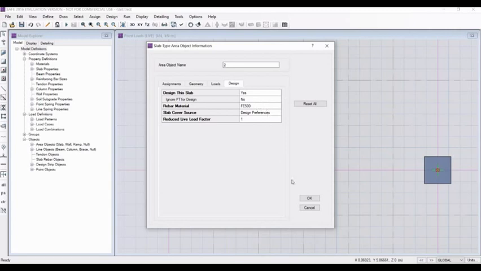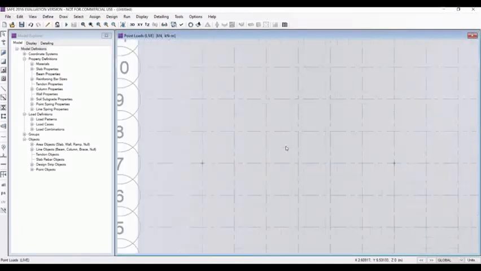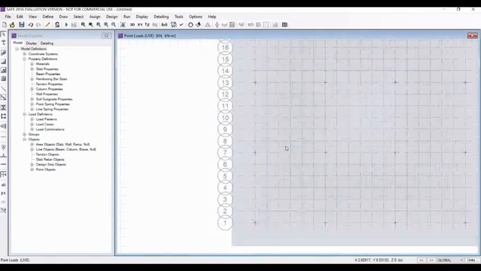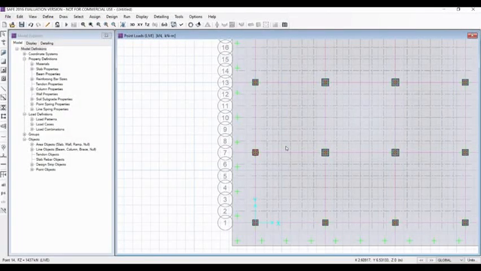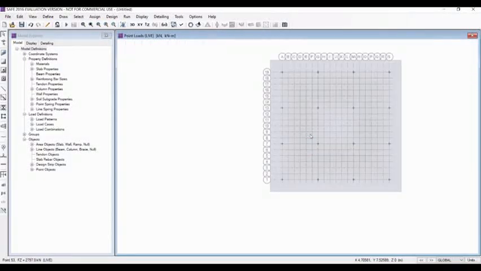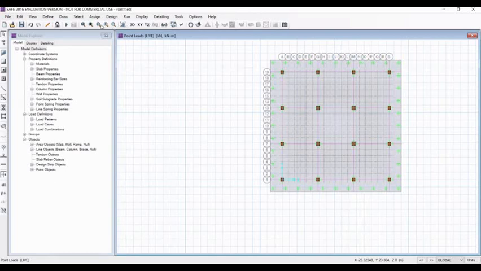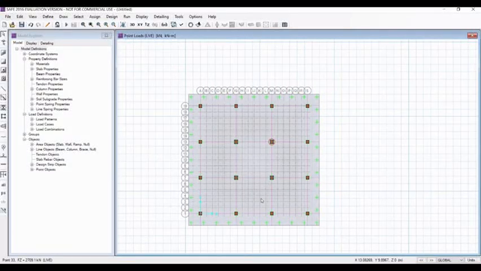See, the reinforcement is 540. So column and footing has been done, and now it's time for the design strip. So we will just make it small, use the pan over it to come, and just very carefully click on the lines. See, we can see here the design strip selected.